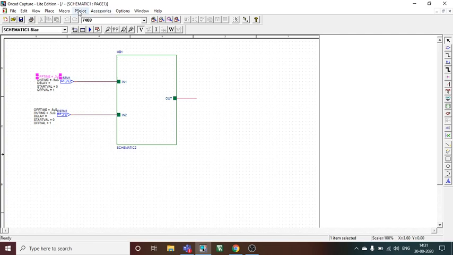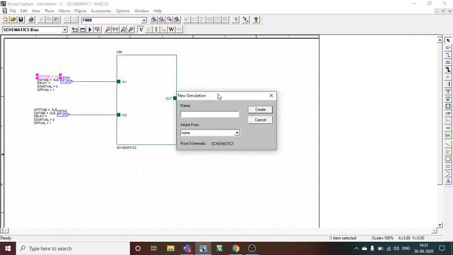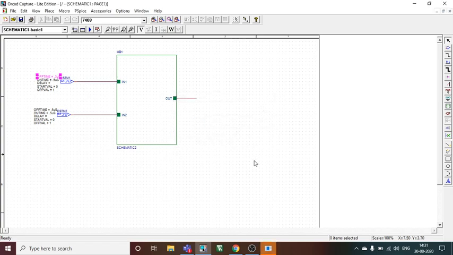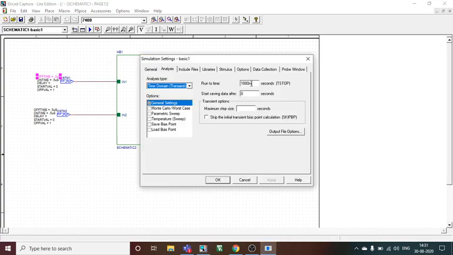Now I have to go to PSpice, new simulation profile, and here I can give any name like basic 1, because I have named it basic. So I would just put basic 1 and create the simulation profile. Once I do this, there will be a screen highlighting at the bottom. You can open it. You can change the run to time, because this run to time is very small. You won't be able to see the output. So make it 10 microseconds instead of 1000 nanoseconds, which was earlier. Make it 10 microseconds. And for micro, we use U. And we will press OK.